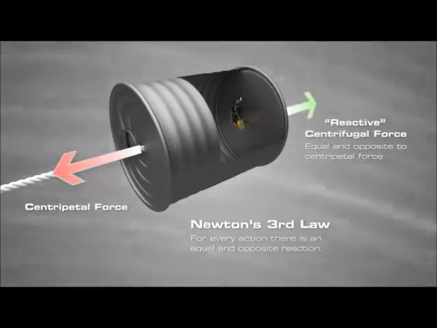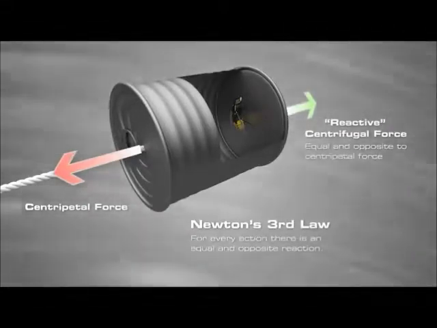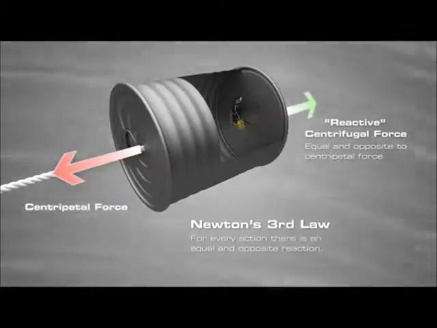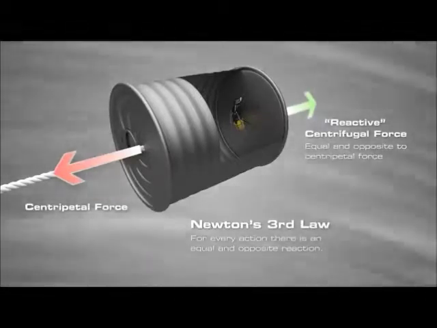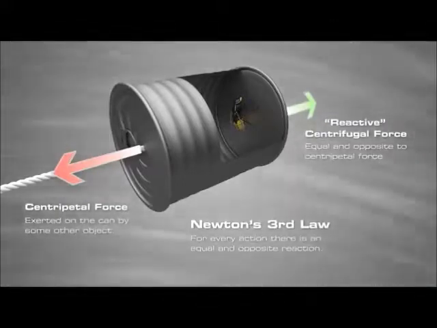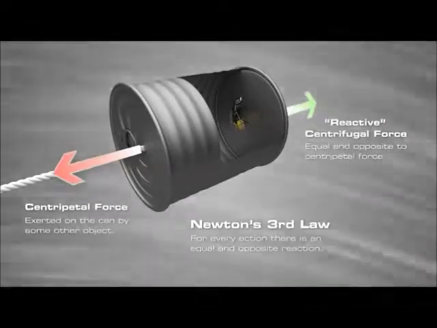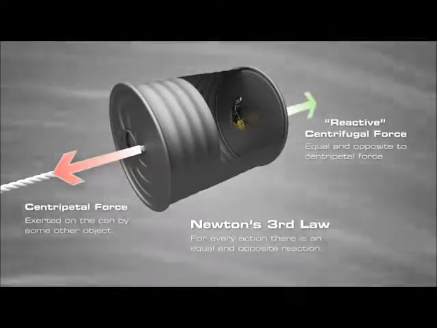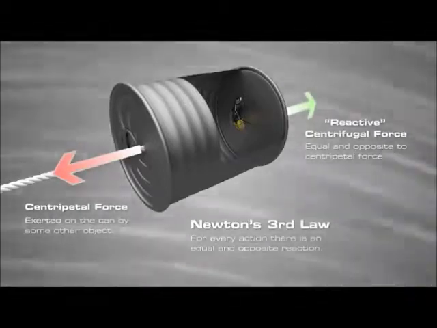The can, undergoing curved motion, constantly accelerates toward the axis of rotation. This centripetal acceleration is provided by a centripetal force, which is exerted on the can by some other object. This is the reactive centrifugal force. It is directed away from the center of rotation and is exerted by the rotating can on the object that